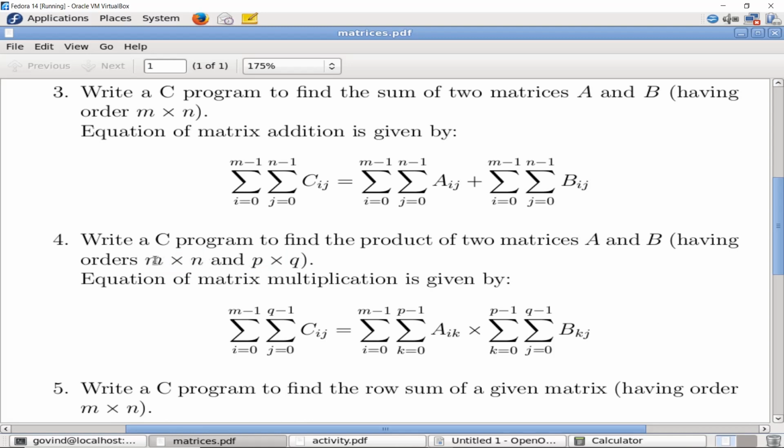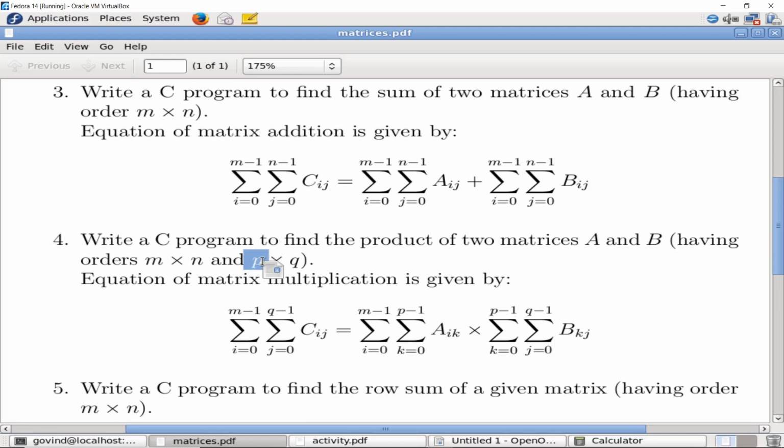If the order of matrix A is m cross n and the order of matrix B is P cross Q, then for matrix multiplication to be possible, the number of columns in the first matrix must be equal to the number of rows in the second matrix. What do I mean by that?